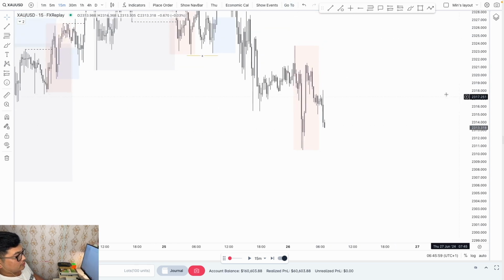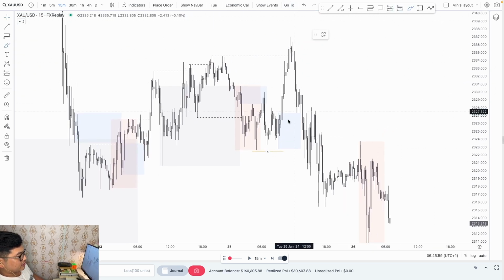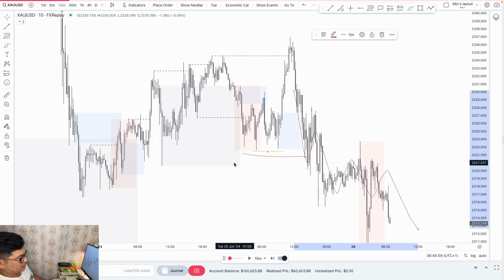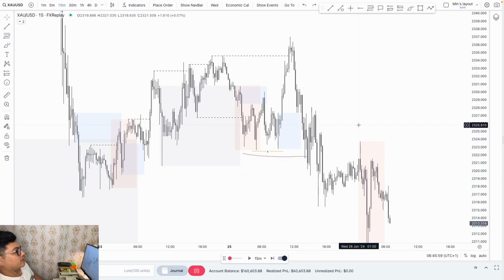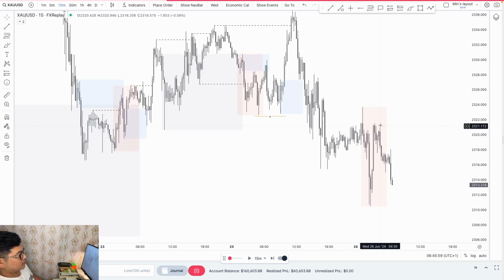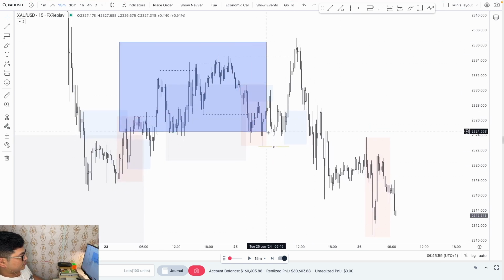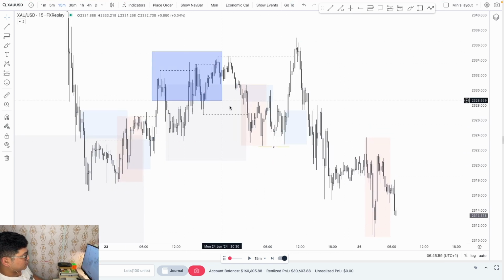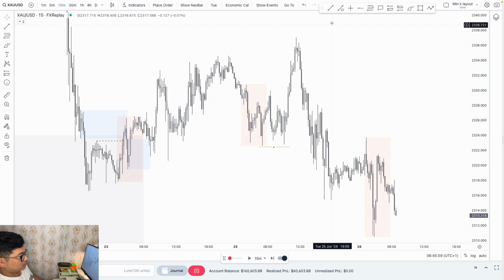All right, wow, exactly as I was expecting. You can see this equal low just swept. Look at that, and then easily this is the liquidity. Price is wanting for that. Now I'm pretty much sure. Just let me draw those things. I don't like to see lots of clutter.